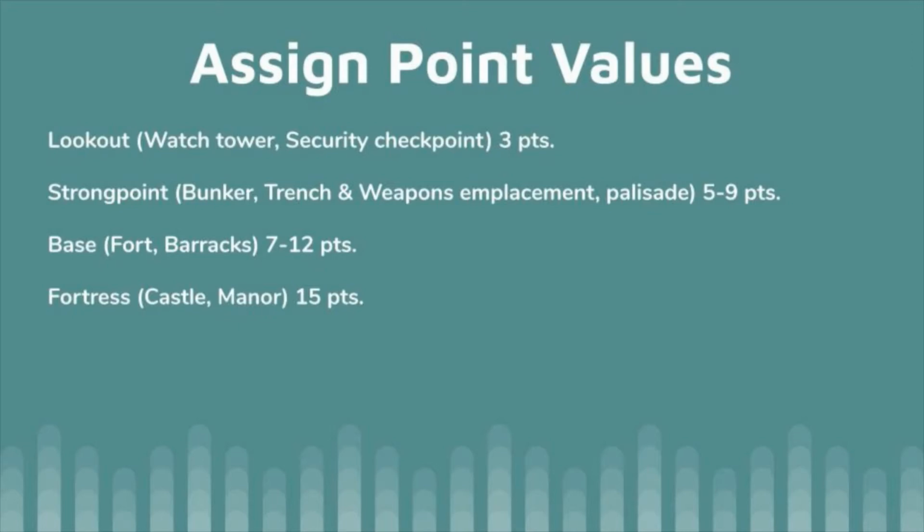So even a particularly well constructed home, or a house with windows boarded up and the like, those can qualify as strong points and can be something that the players attack and affect. Then you have bases like forts or barracks. Those can be worth 7 to 12 points just because they're going to house a great deal of enemy NPCs and will have lots of grunts, sergeant level characters, maybe even a captain thrown into there. And then fortresses, so castles, manors, mansions, anywhere that the region's commander will be residing at will be incredibly valuable and will have 15 points